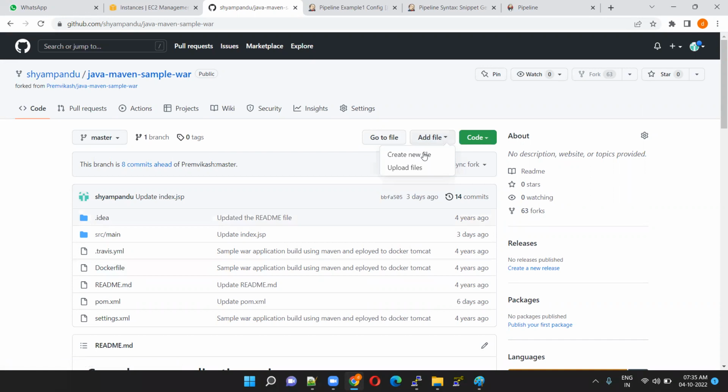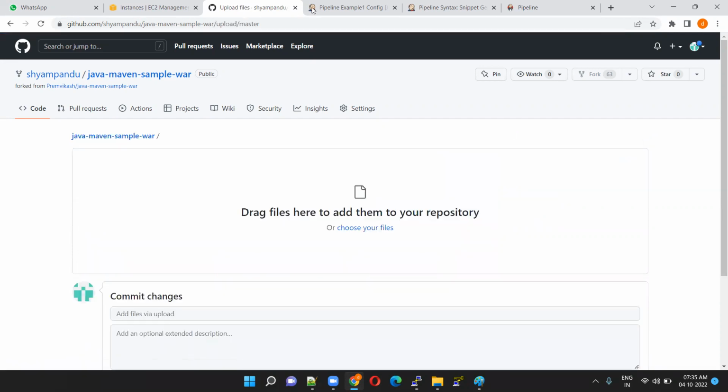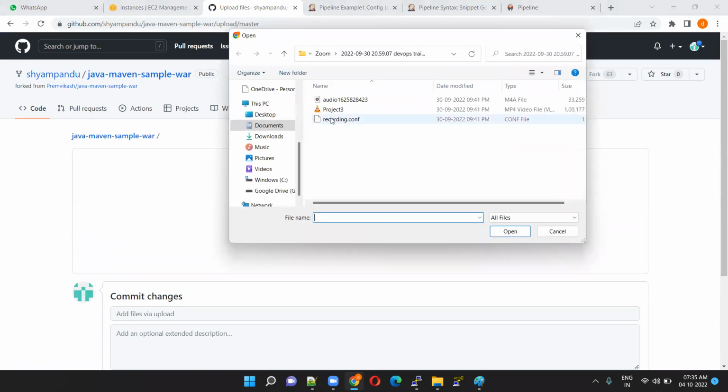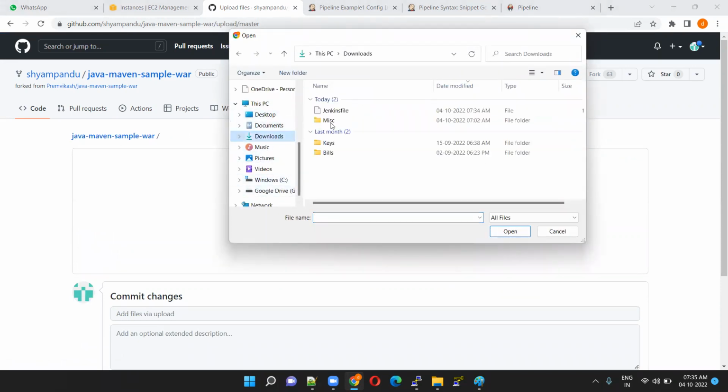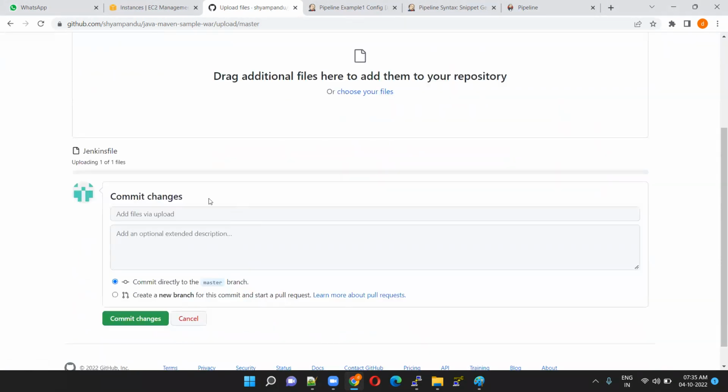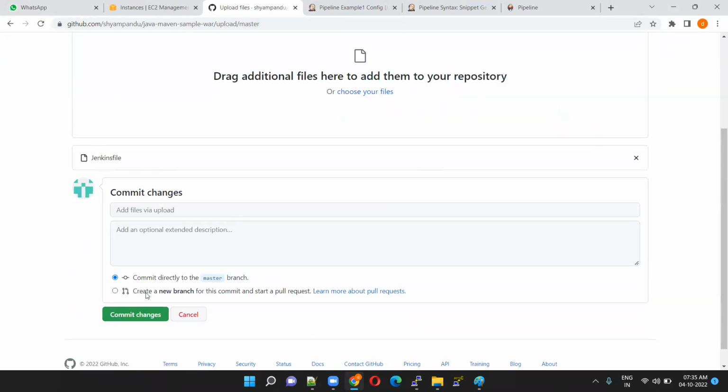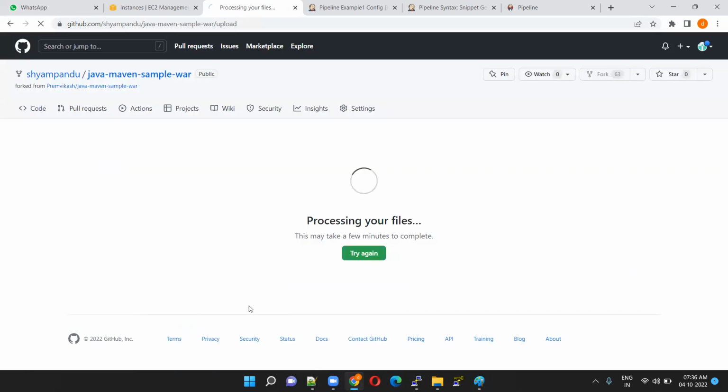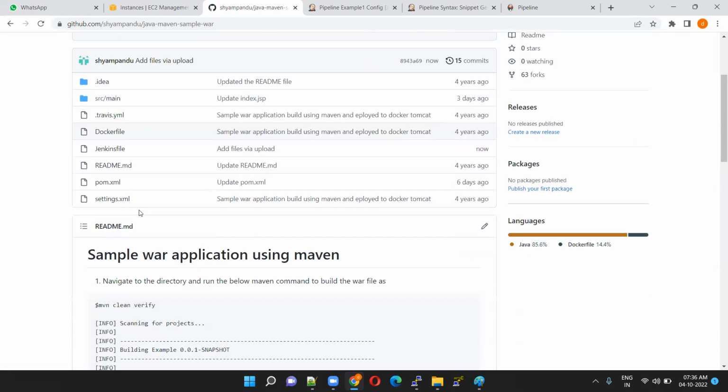Okay. So click on add file, upload files. Click to choose your files. Go to downloads, Jenkins file. Okay. So the Jenkins file got uploaded. Click on commit changes. Okay. So now we have uploaded the Jenkins file just now. So in this file, if you open it,